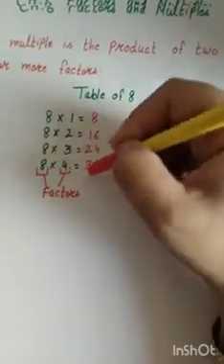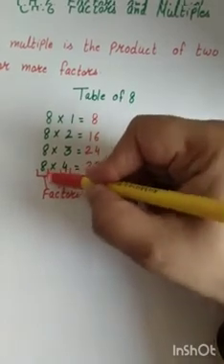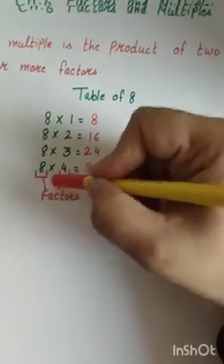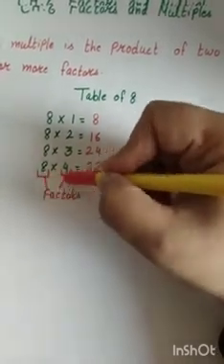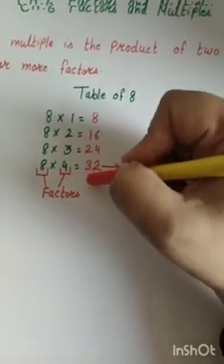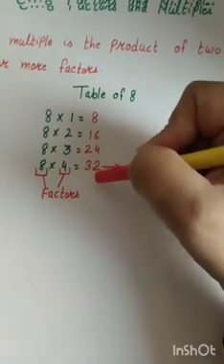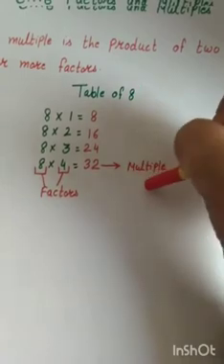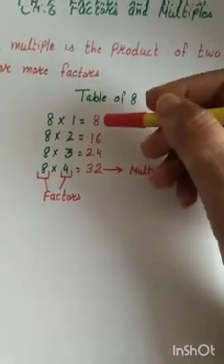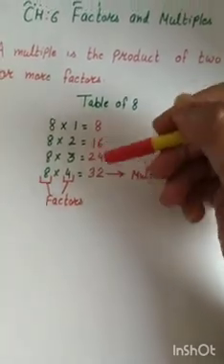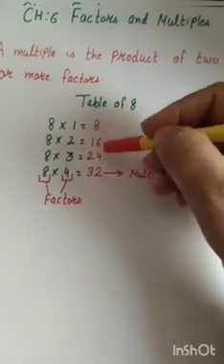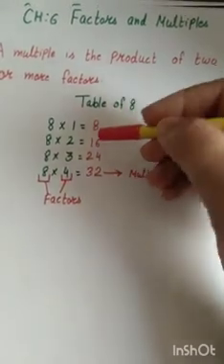So in this one statement, like I have written here, 8 multiplied by 4 is equal to 32. The numbers 8 and 4, which we are multiplying, are factors, and the answer of the multiplication, which we call the product, is the multiple of the given two factors. So it's very easy to write the multiples. Whenever we ask you to write the multiples of any number, you just have to write the table of that given number.